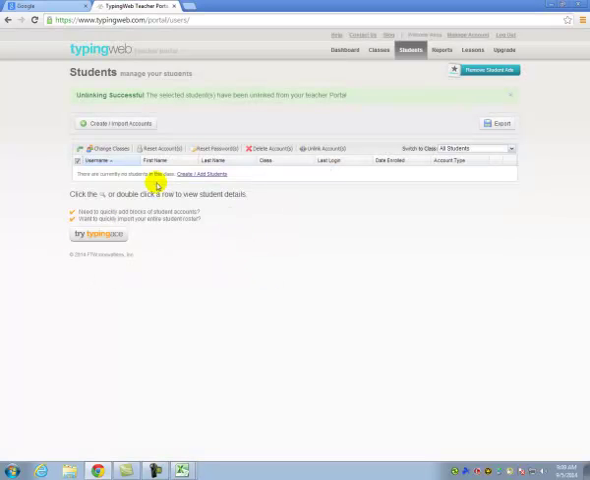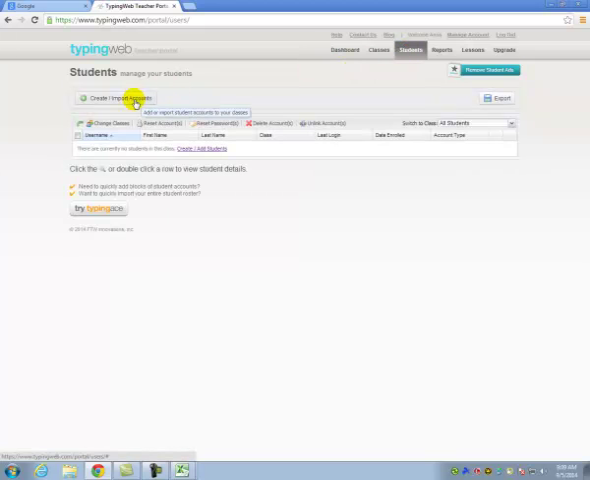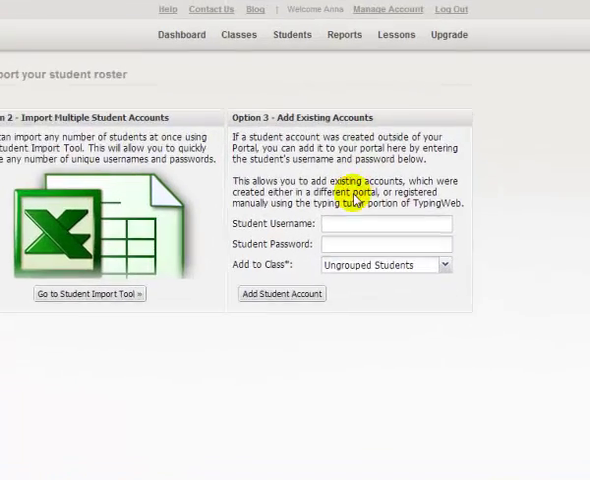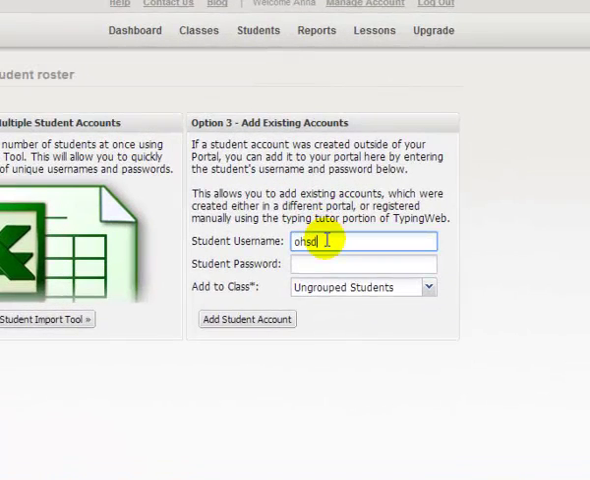So they are now unlinked from my account, and I no longer have them in there, but let's say all of a sudden it's the next school year and I'd like to add students. So I'm going to go ahead and click Create Import Accounts again and go to option 3, which is to add existing accounts. So I know that they had the name OHSD Test 2 and the student would tell you